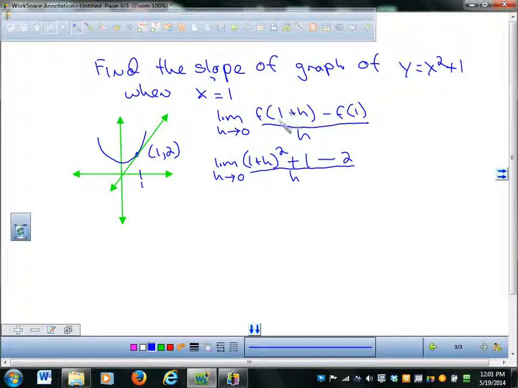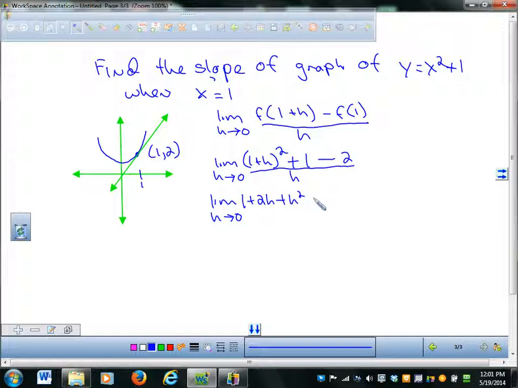Okay? I took 1 plus h, I plug it in there. This plus 1 comes from here, right? Because the equation is, I have to plug this in, but you only plug in for x, but then there's also plus 1. And f of 1 is what I get when I plug in 1 in here, which is 2. Okay? Now I simplify and try to find the limit. The limit as h goes to 0. I FOIL this, remembering that there's a middle term, 1 squared plus 2h plus h squared plus 1 minus 2